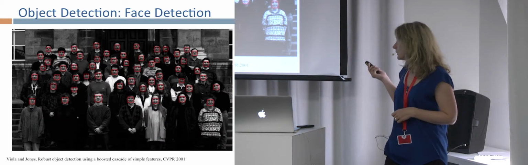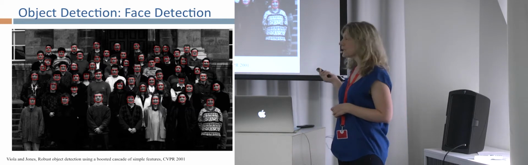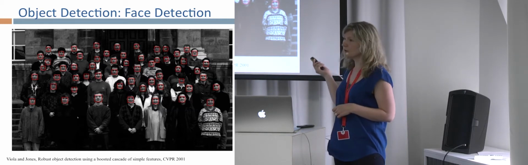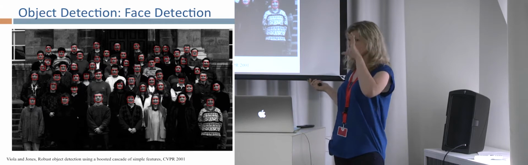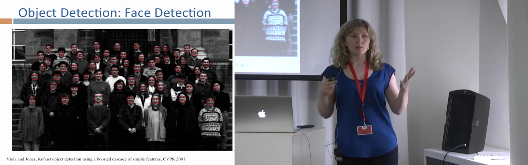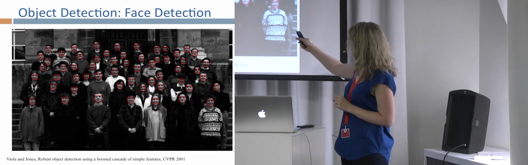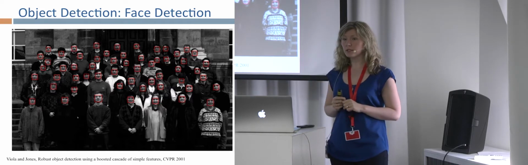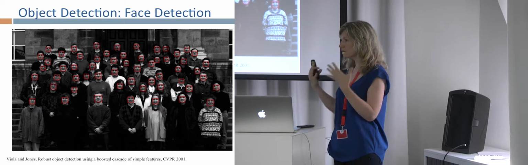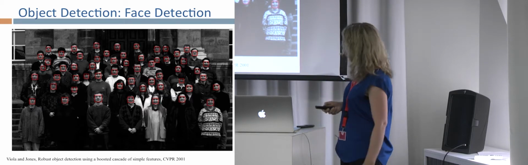So today I'm going to focus mostly on object detection, and this is an example of detecting a specific object, which is a face. So if I were the machine looking at you right now, I would put a little round, a little square red box around each face that I see in the audience. That's the goal of detecting a face.